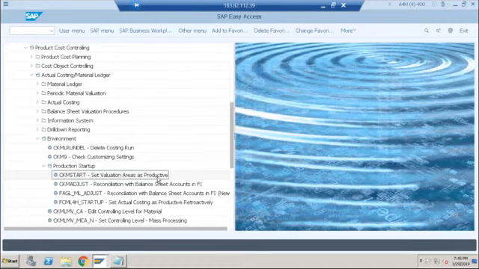One plant is already using material ledger. The second plant is not using material ledger. Now if they want to convert that system to S/4HANA, what do they need to do first? Activate the material ledger functionality. So if they activate today, material ledger functionality will be activated, right?